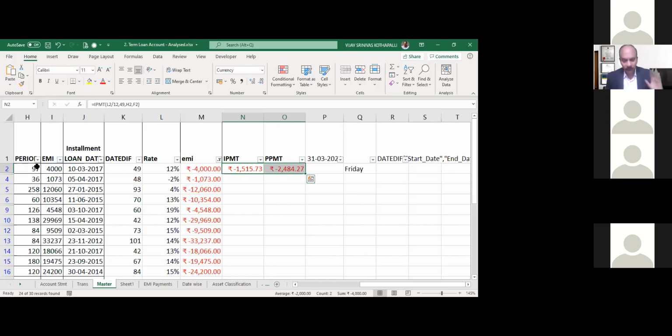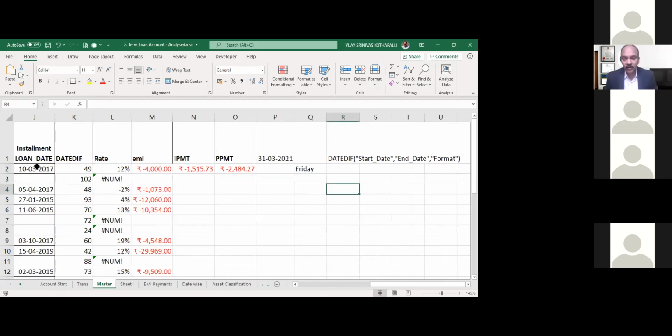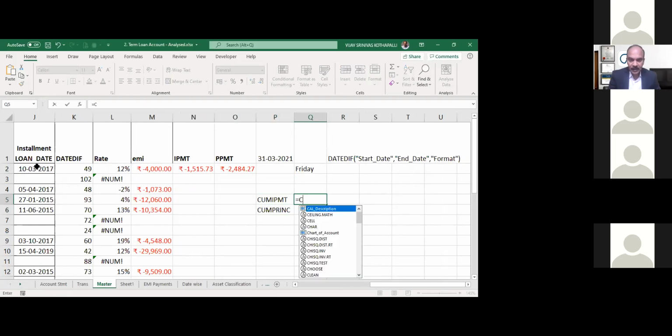Okay, this is fine. We found the breakup of those, but what we are interested in is to find out the theoretical pay of this loan as on the date of audit. I'm going to use CUMIPMT and CUMPRINC, that is cumulative interest payment and cumulative principal as on the 49th month. So I'm going to use CUMIPMT. Syntax is pretty simple. You just need the interest rate. Always remember you convert into months because we are